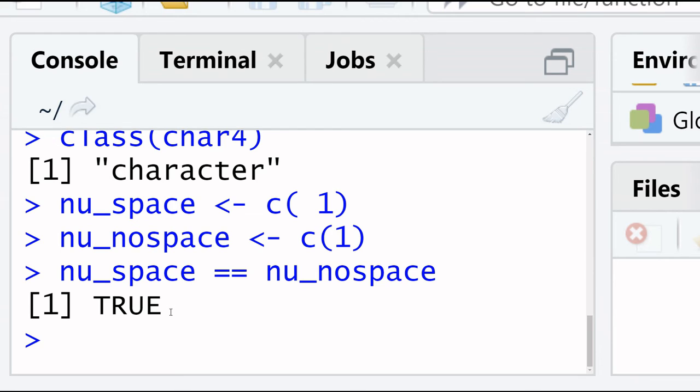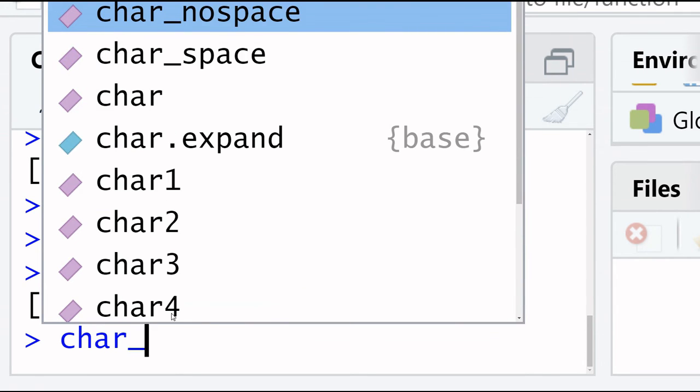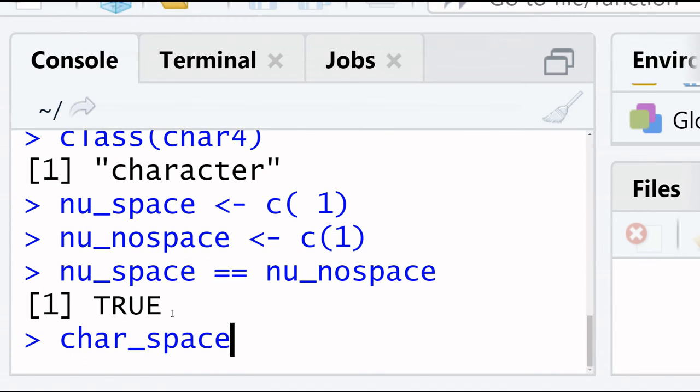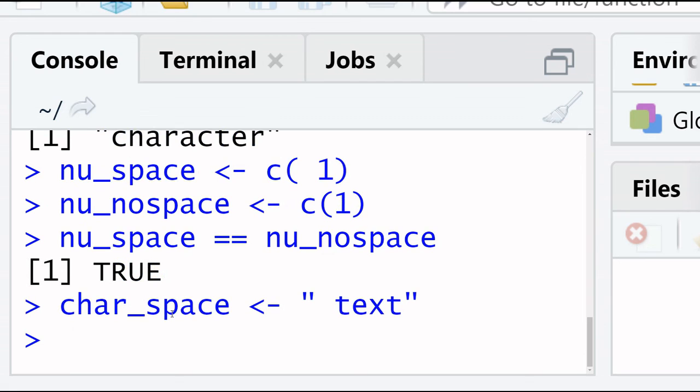Now we check this for character. Character underscore space, assignment sign. Here I produce a space in text, enter.